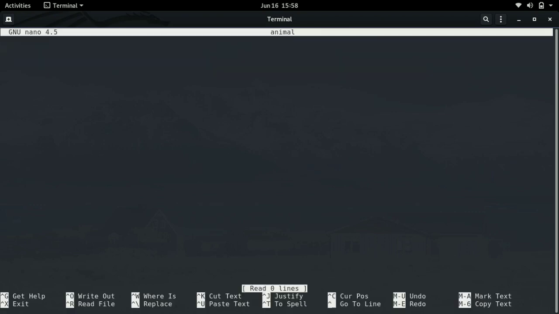So what is nano? Nano is basically an inbuilt text editor for Linux. So we can do anything right now. As I had made the animal text file the previous day, I had not input any text here whatsoever. So today we can do that. So let me say that